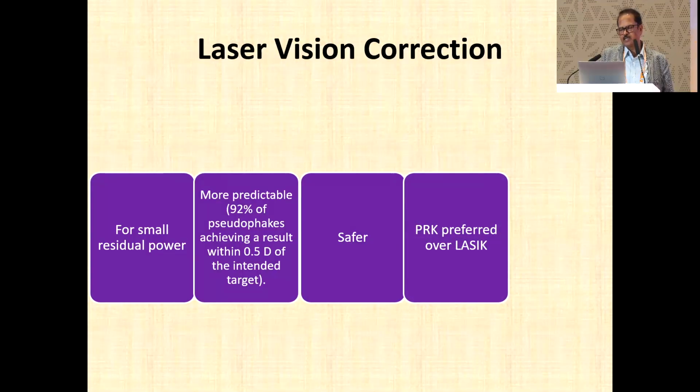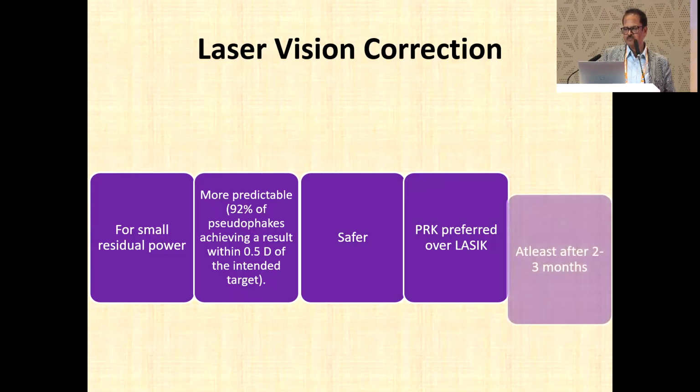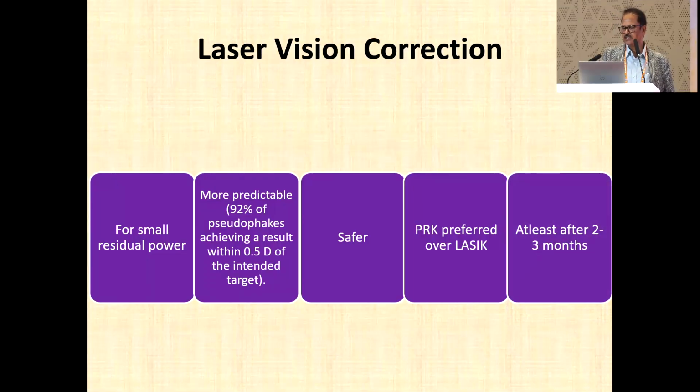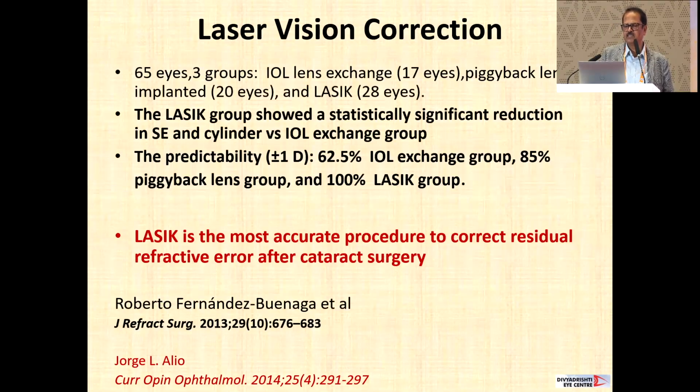PRK is preferred over LASIK here, since most of the patients are old, so it doesn't compromise the tear film. But if you are doing this, better to wait for 3 months, let the wound stabilize. And there was just one study which clearly said that LASIK is the most accurate procedure to correct the residual refractive error after cataract surgery. Of course, it cannot go up to very high, and you have to see how much the cornea